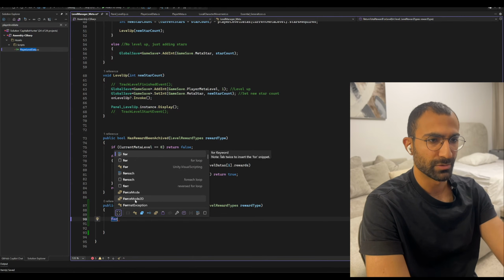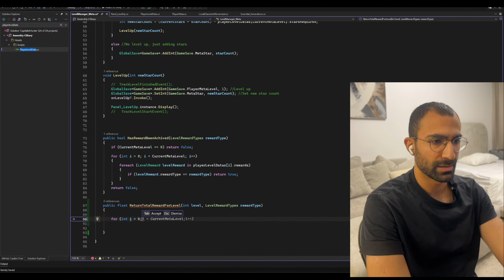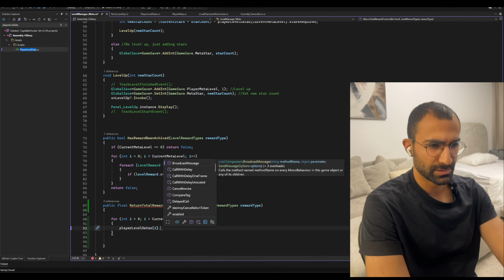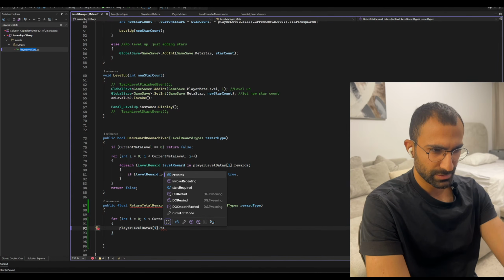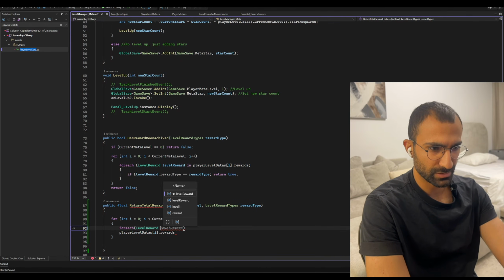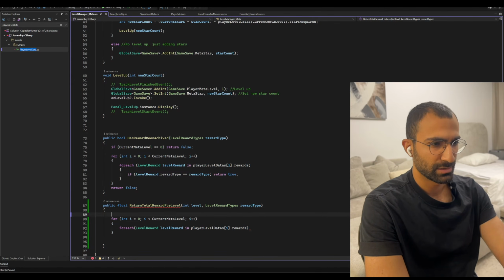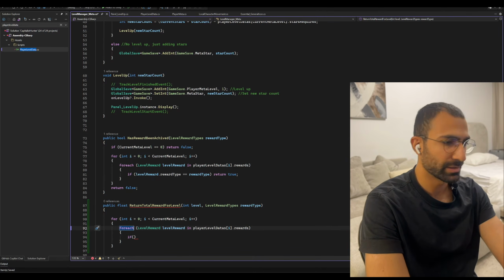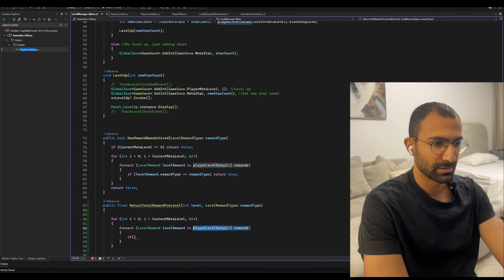Then we're gonna do a for, int I, yep. Player level data's dot reward. I need to do a for each here. For level reward in rewards, and we're gonna see if I don't want to do link, by the way. So if rewards dot type